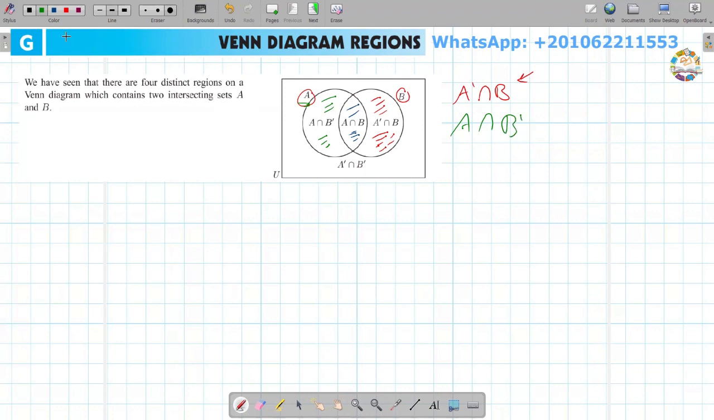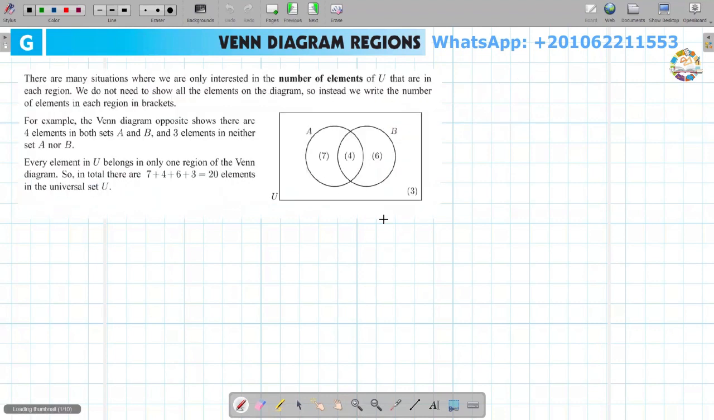What about the black region, which is this region, the whole region except set A and B? Notice that it is except set A and set B. That's represented by the complement of set A and complement of set B. Okay, let's move further and talk about many situations where we are only interested in the number of elements